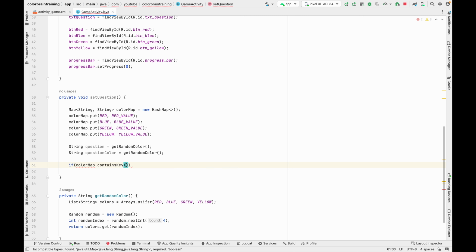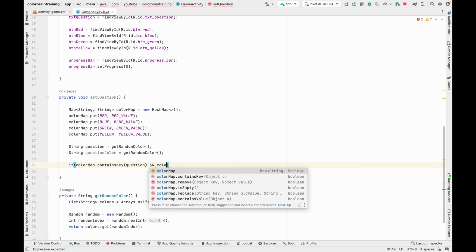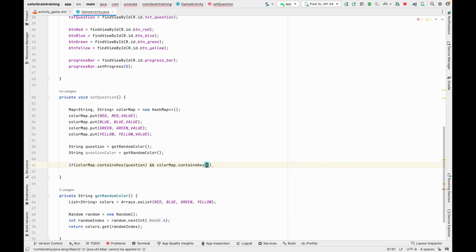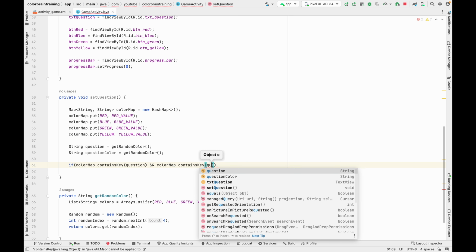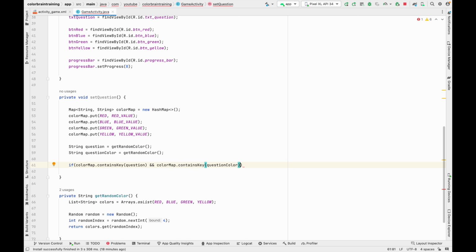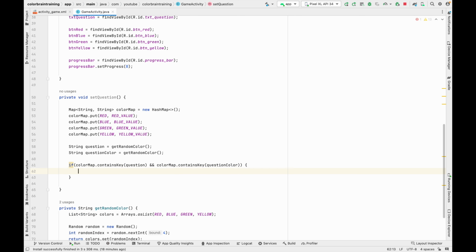We give the question color map dot contains key, and we have to give question color. It is for sure going to be there in the map, but it is just an additional condition that we are adding to make sure it is present in the map, right? So that is the reason we are adding this particular condition. Now if this particular question color is present in the map, the next thing we have to do is